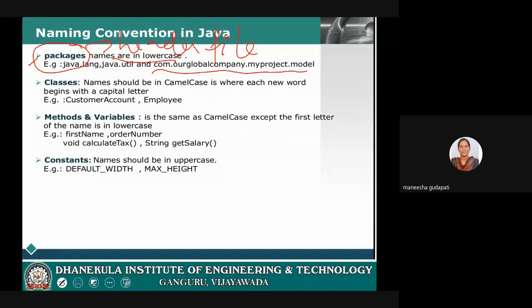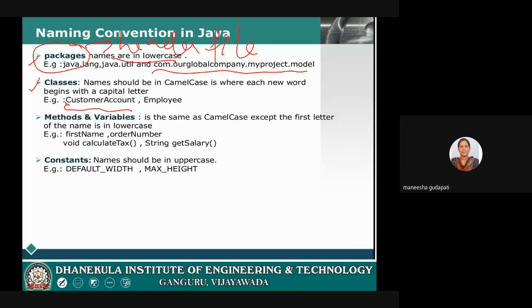Suppose you are creating a class, then the class name should always start with a capital letter. If you observe this example, you have two words in the class name, CustomerAccount.